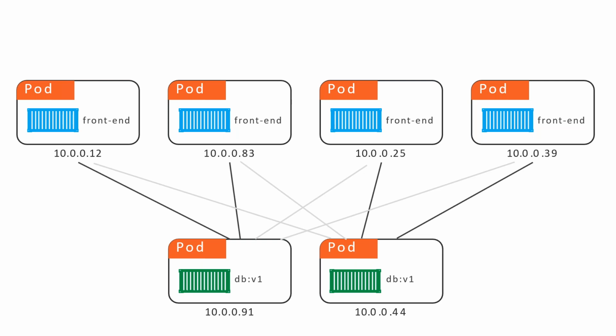So from the front end pod to the back end pod, if you see the communications, which one should I configure in the front end? Should I configure the first one or the second one? If I configure the first one, all the load will go to the first one. If I configure the second one, all the load will go to the second one. Again, if I configure one, maybe that pod gets deleted or destroyed for some reason, so the IP address will change. Are you seeing the problems here?